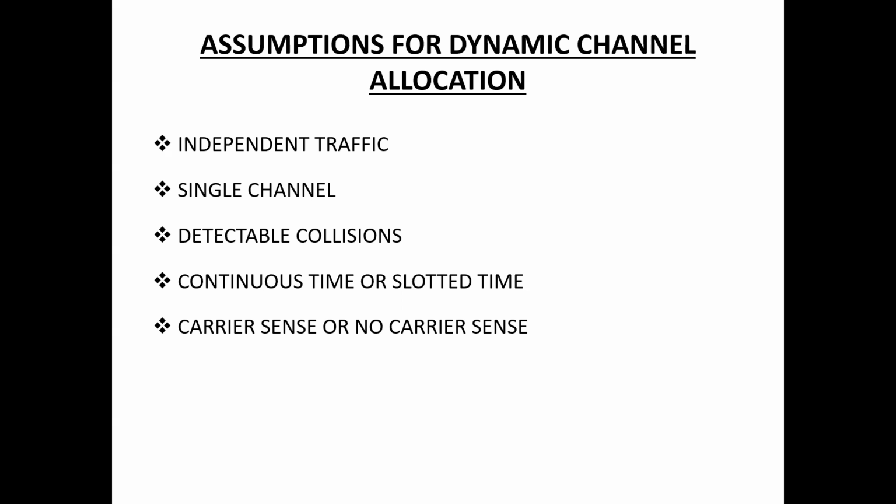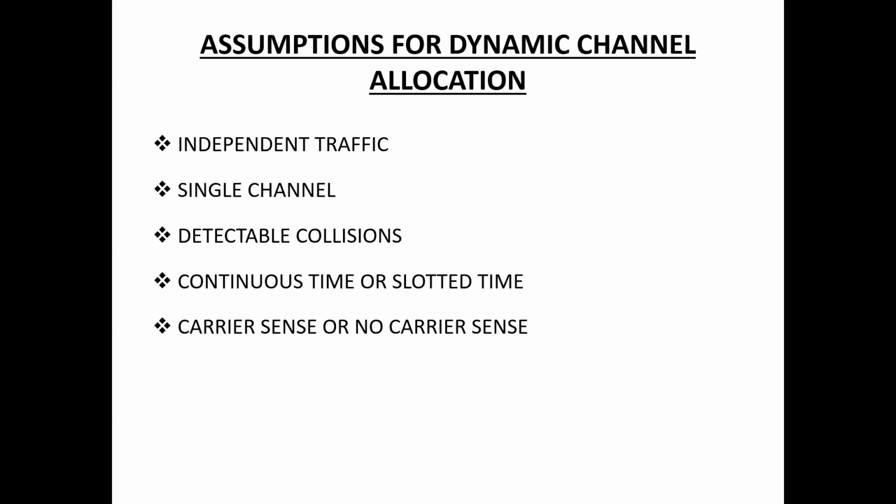Here it is assumed that users are independent of each other. That is, each user has to send or receive data which is independent of data transmission of other users in the network. One user is independent of another user. Once the user generates a frame for transmission, that station is blocked until the frame has been successfully transmitted.